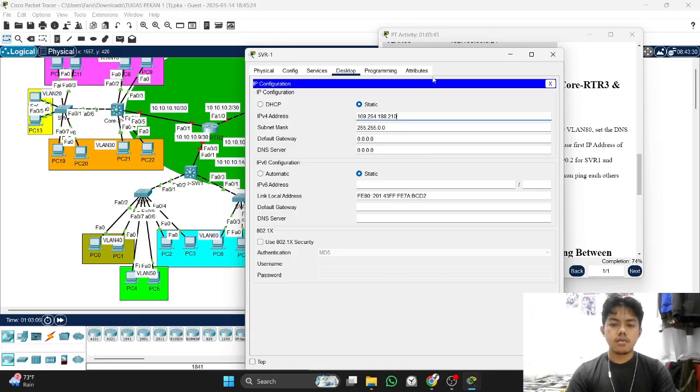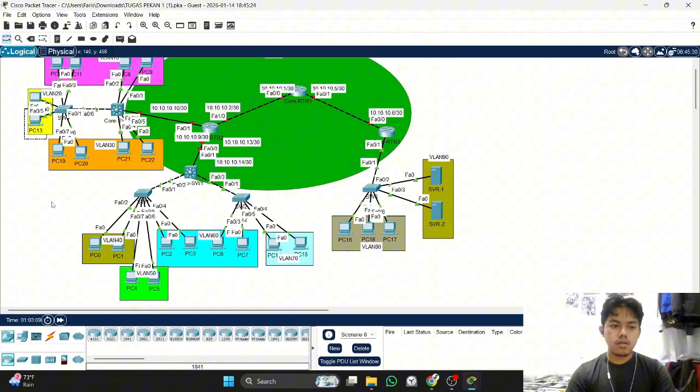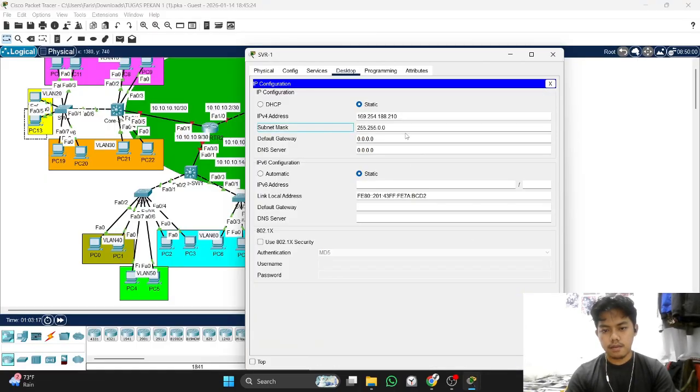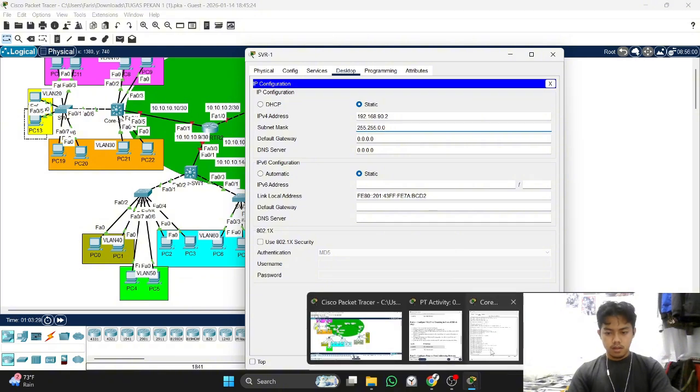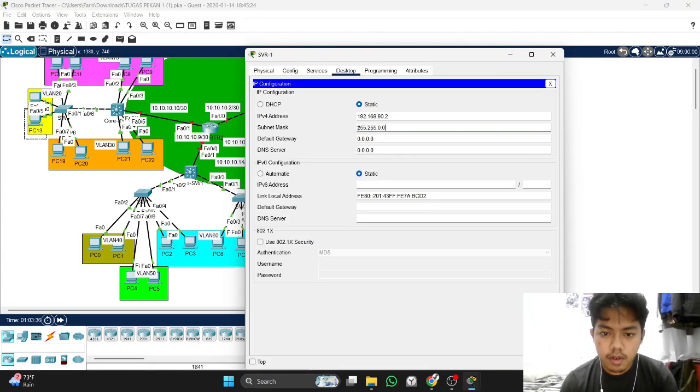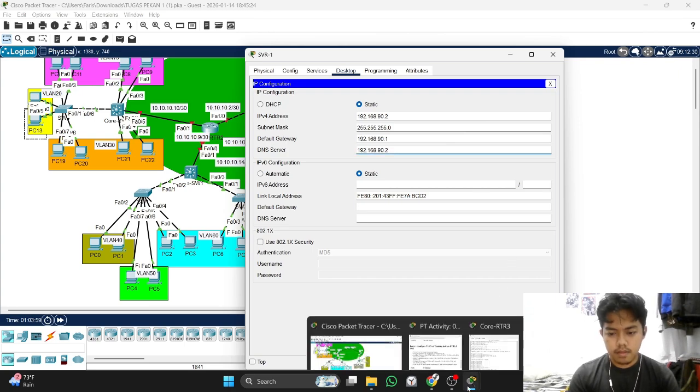Okay, subnet mask is slash 24. In the gateway, don't forget to add the gateway and then the DNS server. Okay.